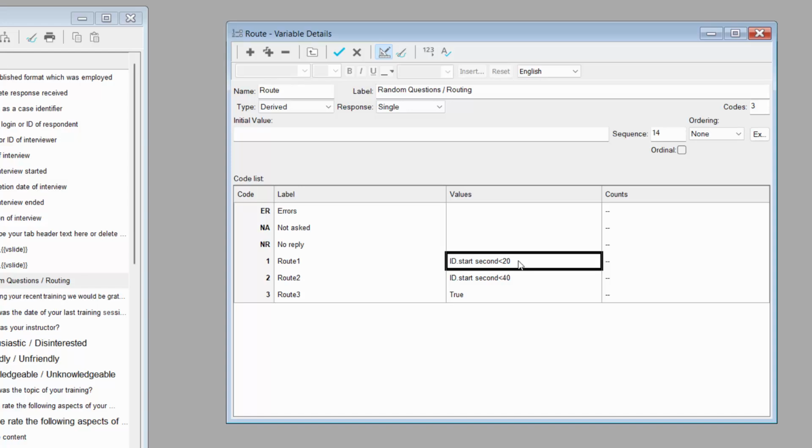As you can see, I'm making use of id.start, so if anyone starts a survey within the first 20 seconds of any given minute, they're going to go down route number 1. If they start somewhere between 20 seconds and 39 seconds, they're going to go down route number 2. And finally, I'm making use of the term true, which is route number 3. So basically anyone that doesn't fall into route 1 or 2 is going to fall